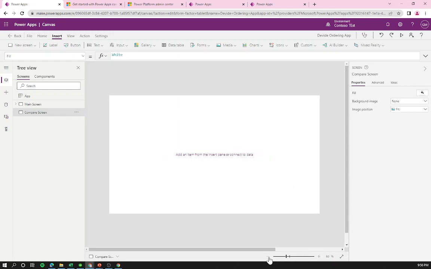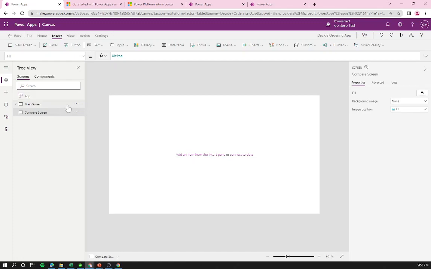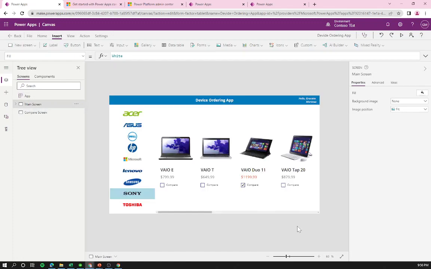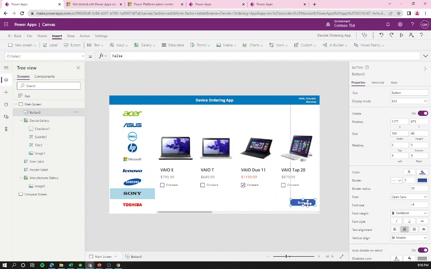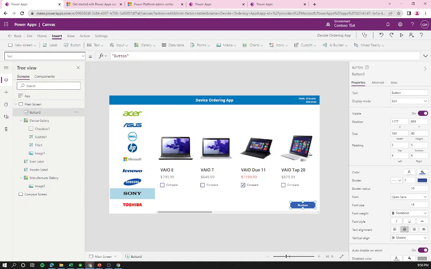I'm gonna make this a little bit smaller so I see all the canvas, and we are going to add a new button here. Sorry, I'm gonna remove it, go back again to the main screen and add it here. And here I am going to change. What I want to do with this button is to show them an option to go to the compare screen so they can actually compare the devices. So I'm gonna go to the text property and change this to compare,